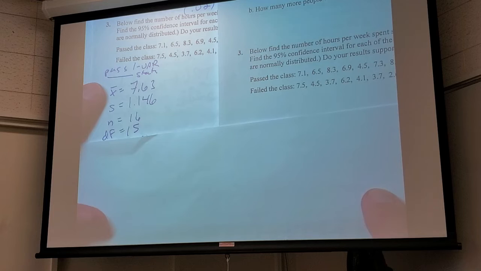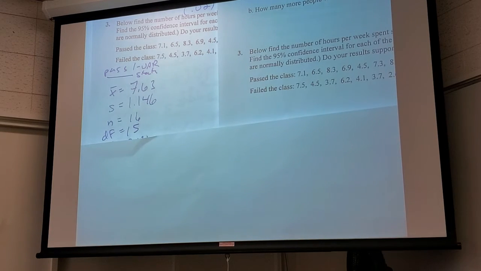Oops, I'm showing a little too much. Now, I've already done the next step, it's too bad for me. Oh well. But why did I look at the degrees of freedom? Because I know I'm going to have to make a confidence interval. Why am I going to use a t-score? Yeah, s, two things. n is only 16. Why am I going to do anything? Can you just put down here, can't do it, too bad.